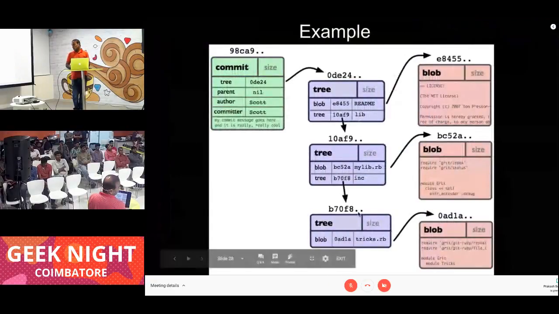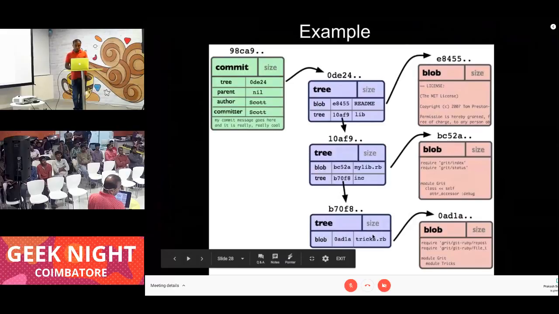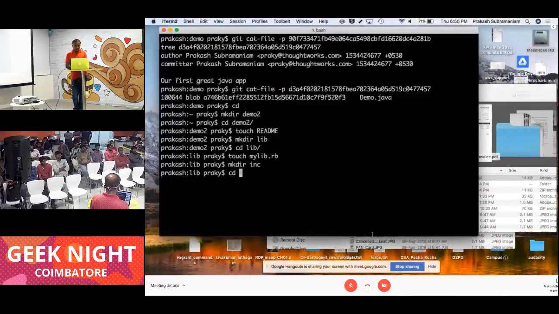And inside inc, you've got tricks.rb. You go inside inc, you've got tricks.rb. That's the structure we are dealing with. So if we go here,